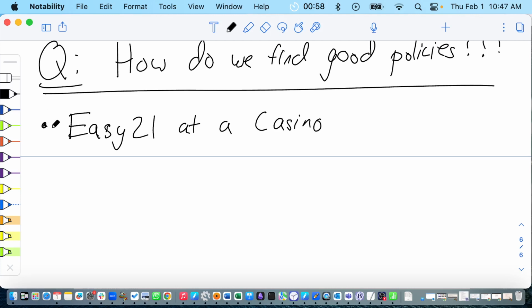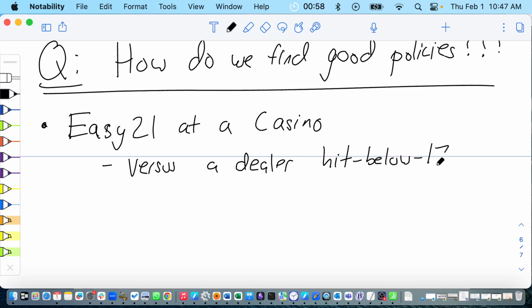And what makes Easy 21 at a casino different? In the version you did on the lab, you were just playing a hand of Easy 21 by yourself, saying, I would like to end up at a high number. In Easy 21 at a casino, you play against a dealer, and the dealer will always use the hit below